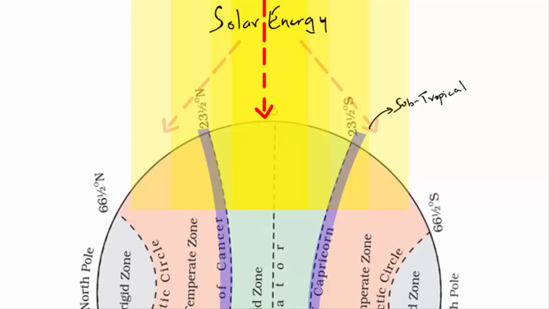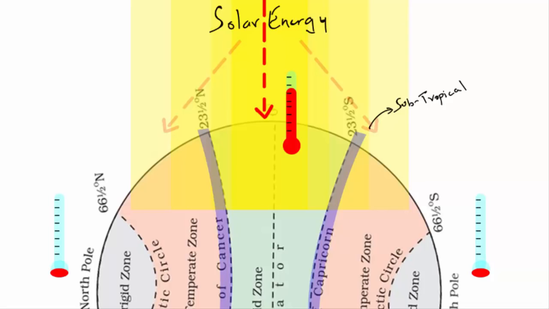Now, if there is a lot of insolation at the equatorial region, then obviously it will make that place warm. Similarly, North and South Pole are cold because minimum solar energy reaches there. If I have to say this concept in some other way, then just remember this. As we go away from the equator towards the poles, temperature drops. I hope so far everything is clear and you are able to follow up.